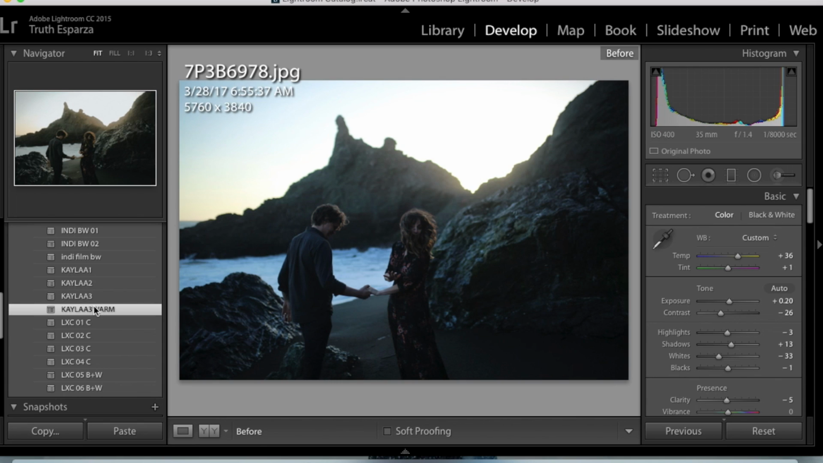But these are not from scratch. I use LXC mainly on all my photos, but recently I've tried to create my own presets based off of what you've seen on my Instagram,